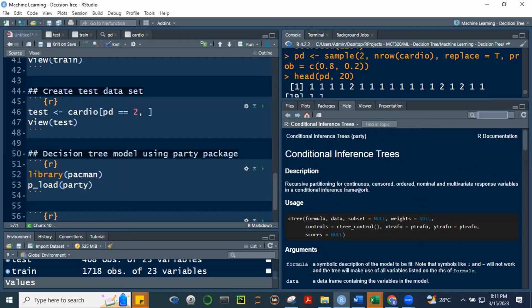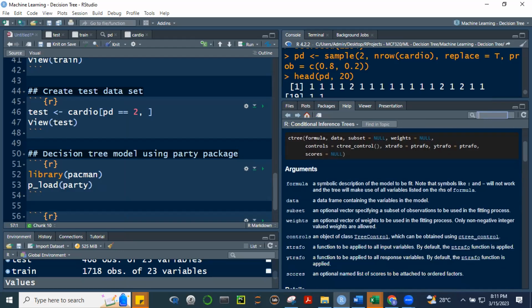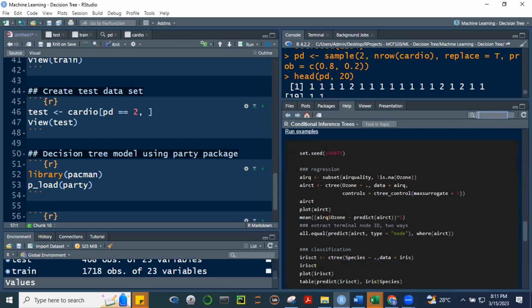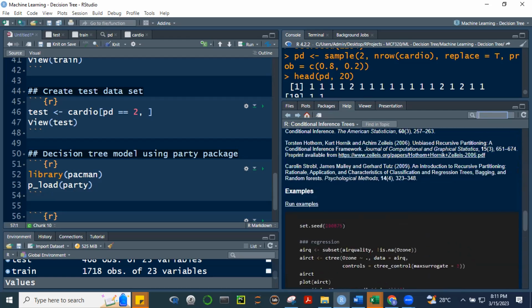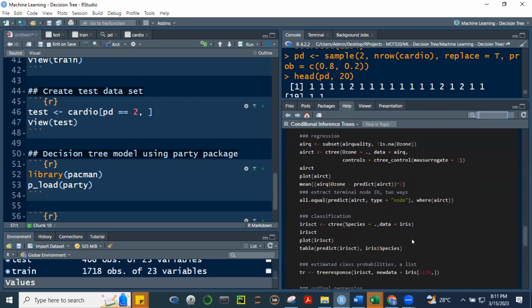Conditional inference trees. Recursive partitioning for continuous, censored, ordered, nominal, multivariate response variables in a conditional inference framework. So this is the code. Okay, tapos may explanation siya dito. Tapos usually may mga examples siya. Okay? And then I leave you, class, to try to run this and study it on your own. Okay, so these are different examples. Notice may set.seed dito, no? Para pareho din yung pag-partition. Okay, we can see asan na pinartition dito. Nag-partition ba siya? Okay. It looks like hindi siya nag-partition, ginamit na yung buong data.